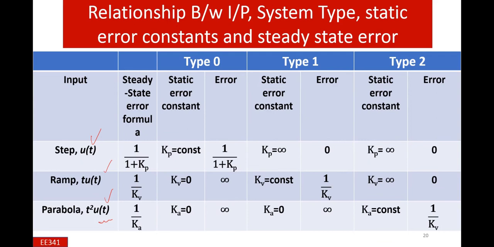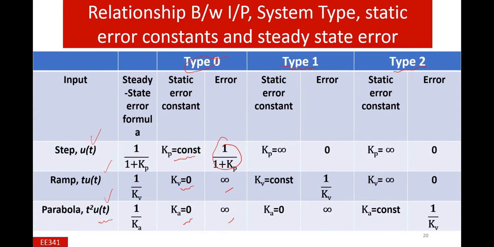So static definitions. Now we consider type 0, type 1, or type 2 systems. What will happen actually if there is a type 0 system, then the position constant Kp is a constant, and the velocity constant and the acceleration constant are 0, and the corresponding steady state errors are some constant value, infinite, and infinite. We are only able to apply the impulse or unit step functions on the type 0 to run error